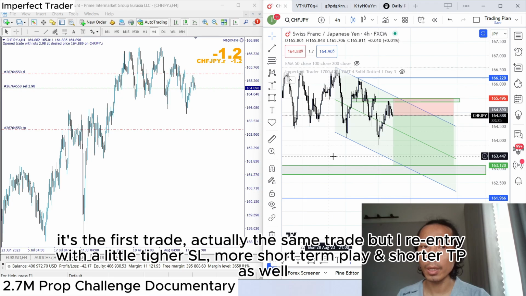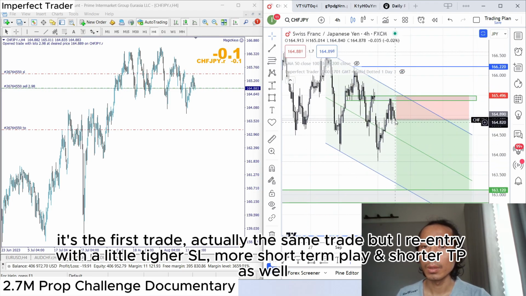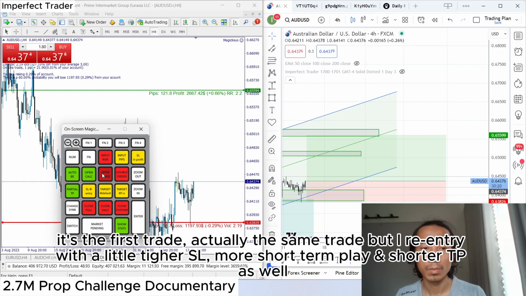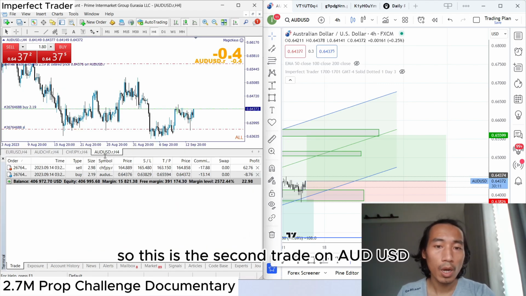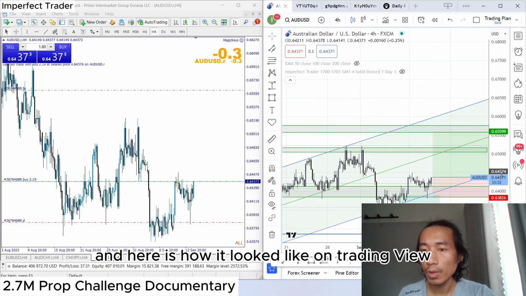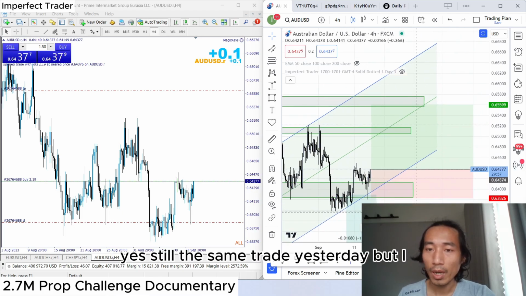This is the first trade. Actually, the same trade, but I re-entered with a little tighter stop loss, more short-term play, and shorter TP as well. So this is the second trade on AUD USD, and here is how it looked on TradingView. Yeah, still the same trade as yesterday, but I